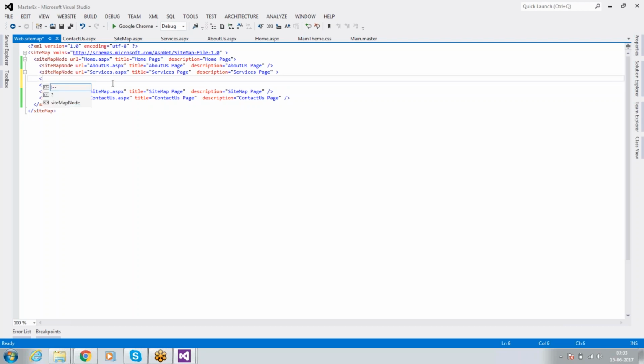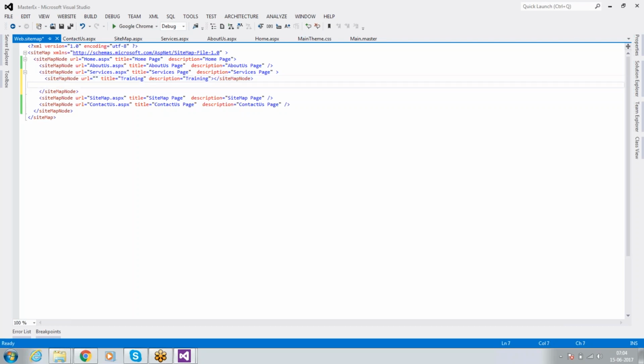Here you can provide sitemap node URL equal to, consider I don't have any URL, just title equal to training, and description equal to training.